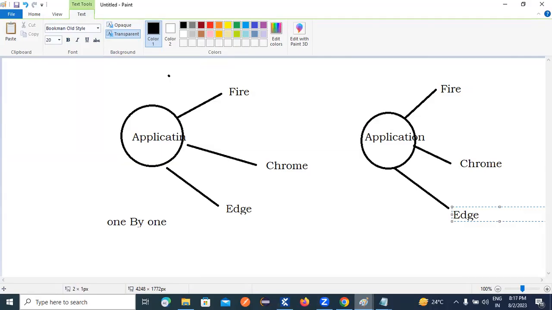Next heading, parallel. If you want to execute any application in parallel mode,